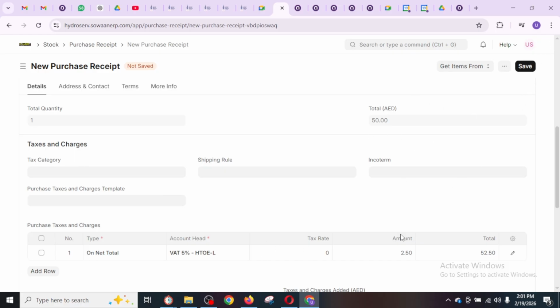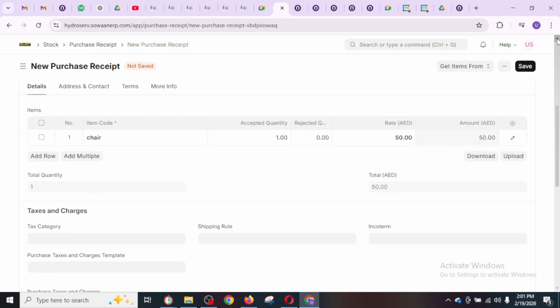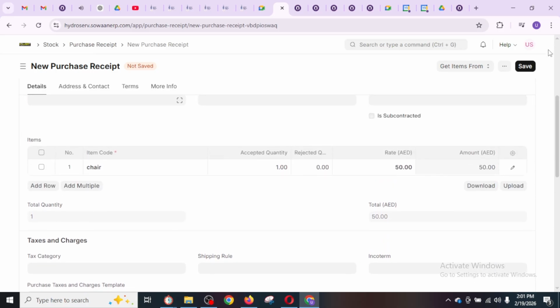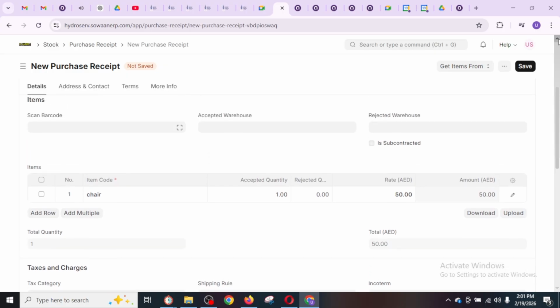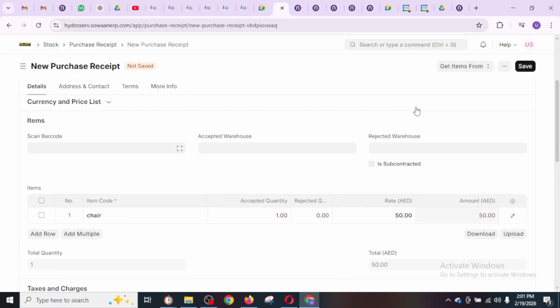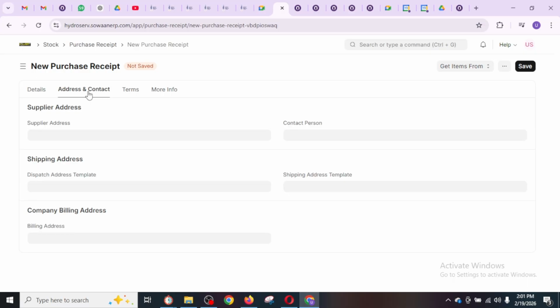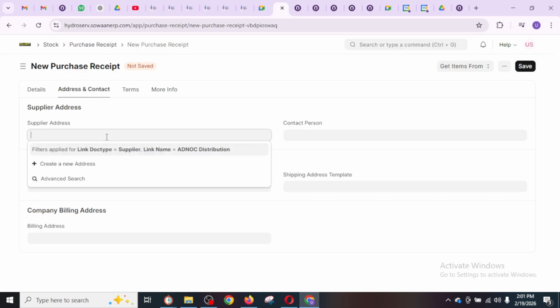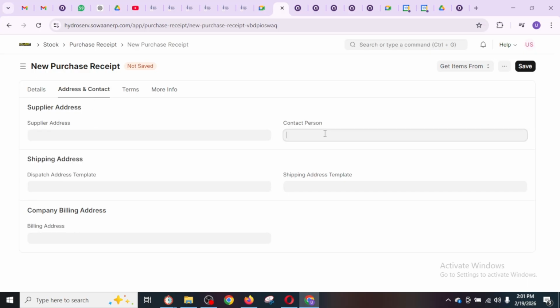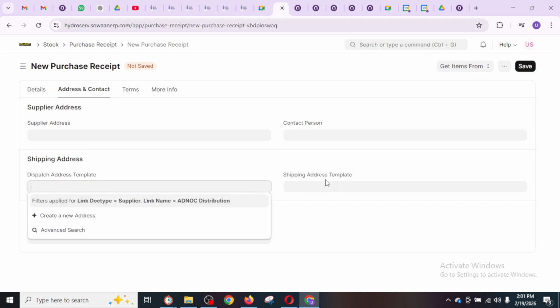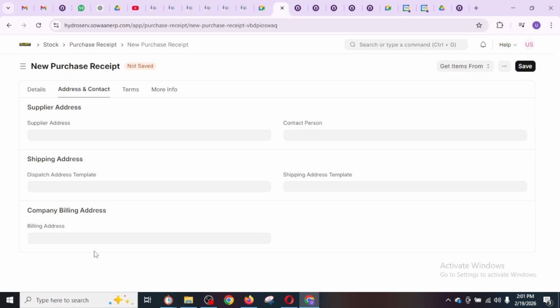So you can select your template, and automatically on the amount of 50 rupees, the 5% tax of 2.5 rupees gets calculated. Our system can also calculate tax at item level. After that, if we want, we can select addresses, if I operate in an environment where it is necessary.